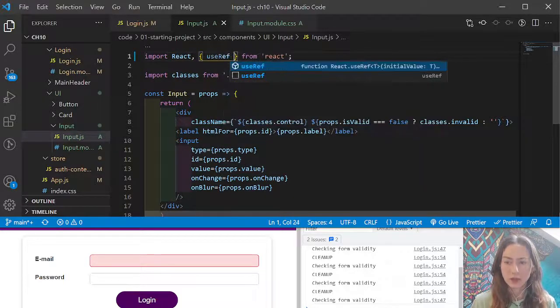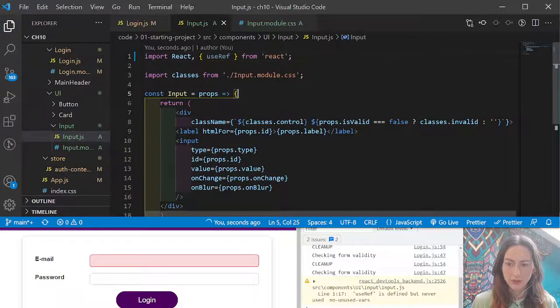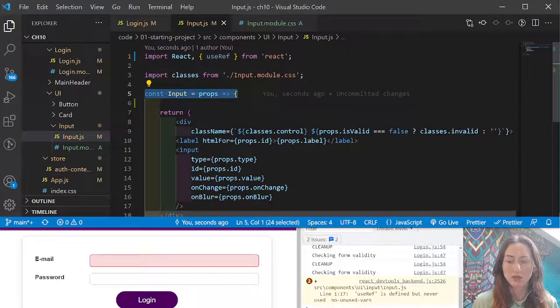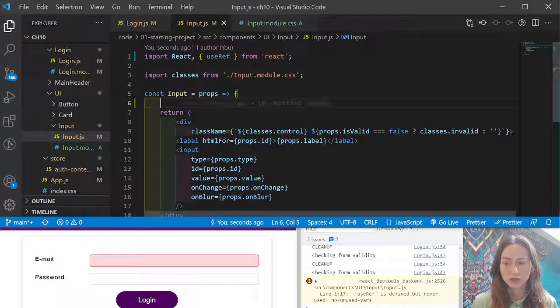So useRef, and then within our component, because we found out yesterday that any React hooks must be used within the actual component declaration. This is the input component declaration. You must use hooks within here, and you also cannot have them embedded within functions. It must be a standalone function. So we're going to use ref at the root level of